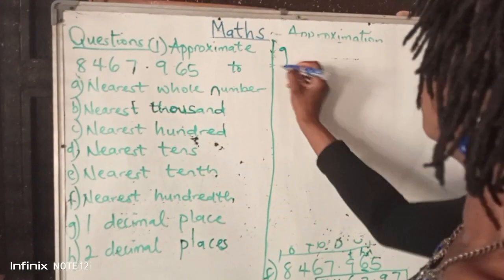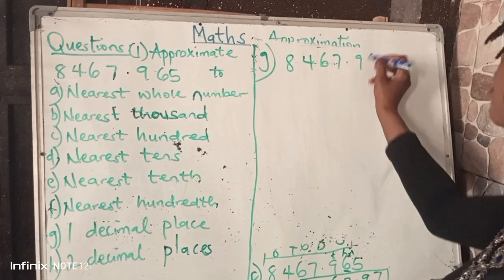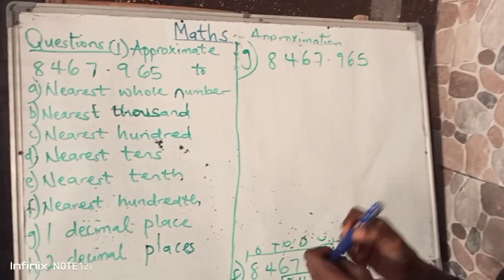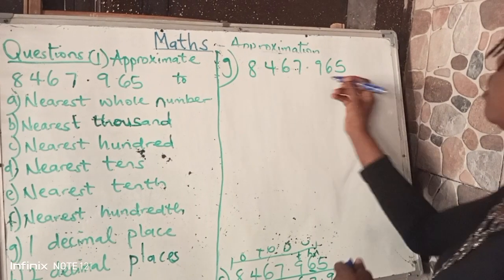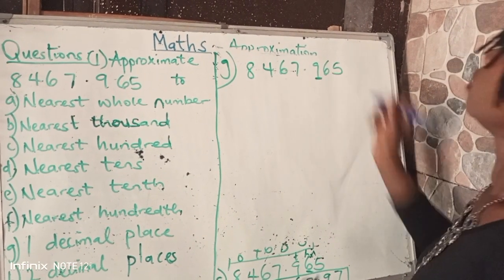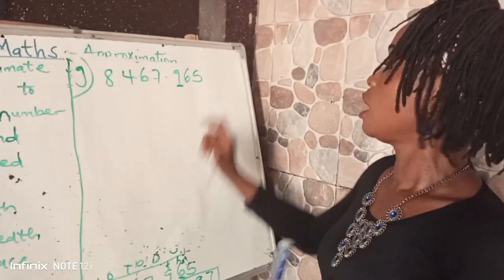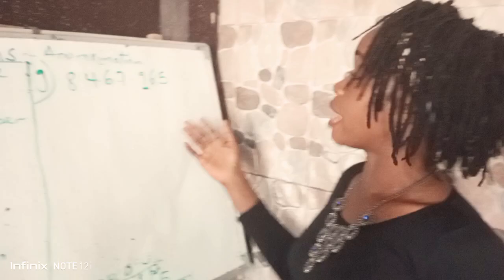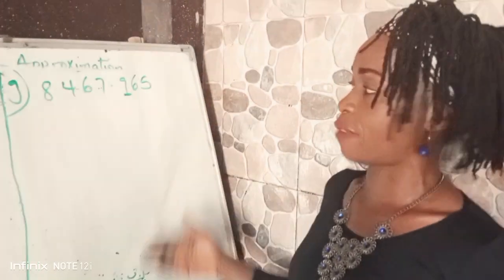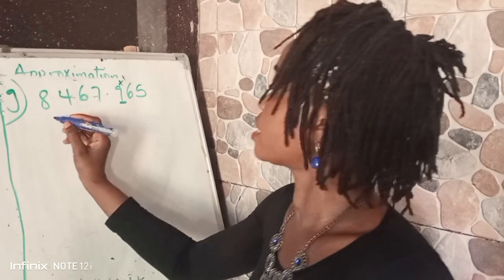Now, again, G, we have 8467.965. If you want to have just one number after your decimal point, it means this is your first number after your decimal point. So underline it. Now check. The next number after 9, is it up to 5 or less than 5? It is more than 5. It means you add plus 1. Then your answer will be